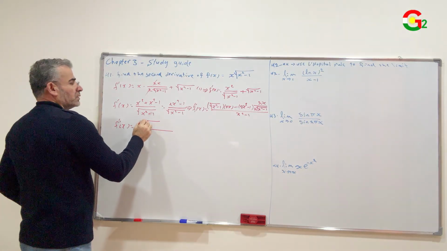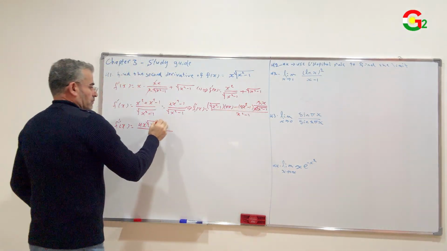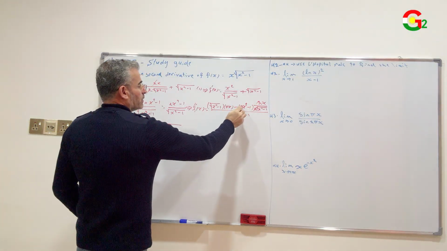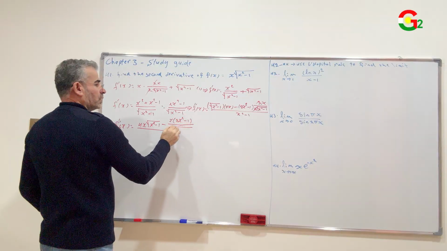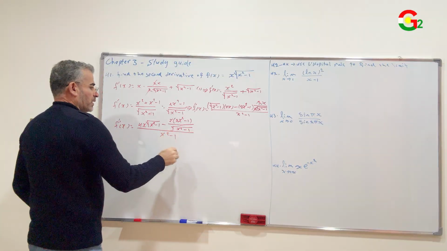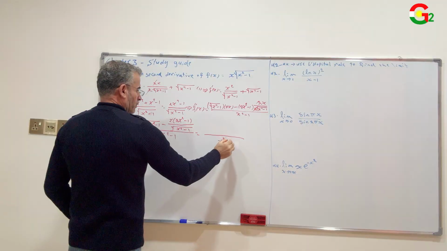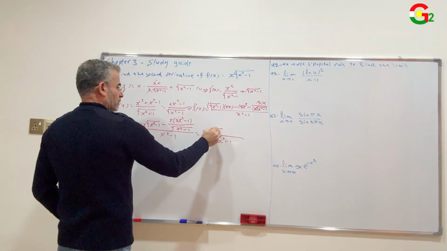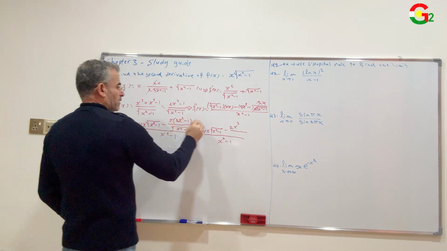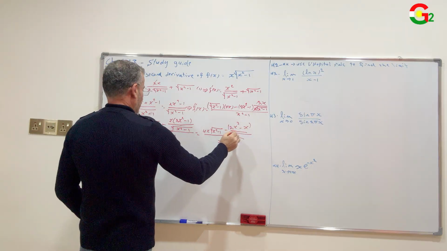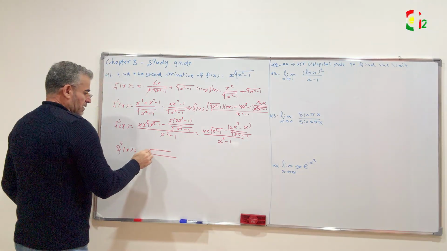4x times √(x² − 1) minus, reduce 2 with 2, multiply x with this bracket (2x² − 1), x times (2x² − 1) over √(x² − 1), over x² − 1 equal to: open this bracket, √(x² − 1), 4x times √(x² − 1) minus 2x² times x, 2x³, x times −1, −x over √(x² − 1). f″(x) equals the common denominator for the two brackets in the numerator,